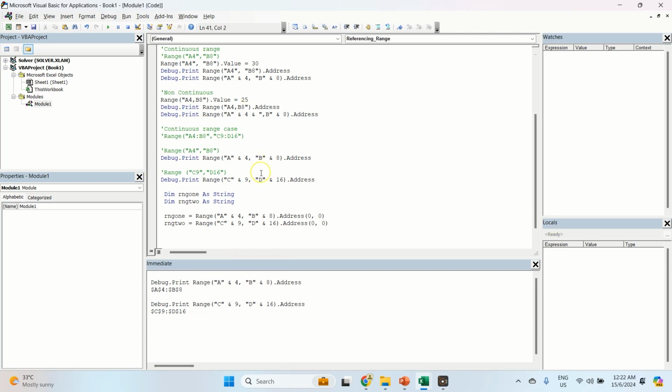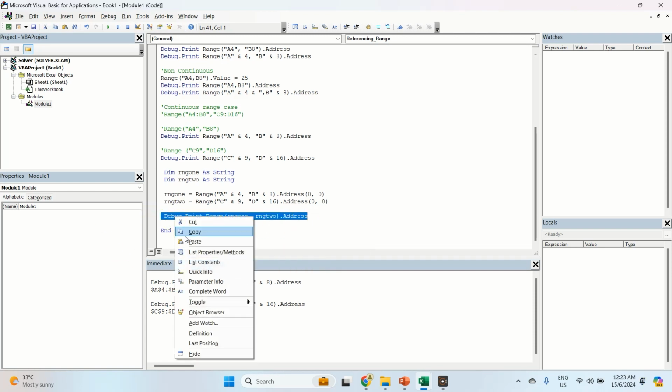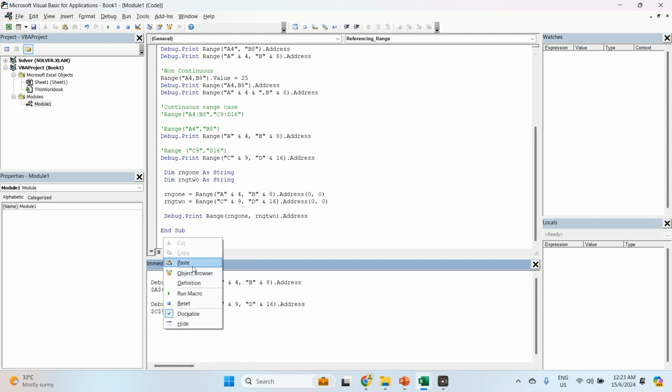Now, for the case of a continuous range, I could just do something like this: Debug.Print Range rng1, and we know that there is no comma, the comma is not part of the expression. So we just do this. So this is my combined continuous range. If I copy this and paste it into the immediate window,